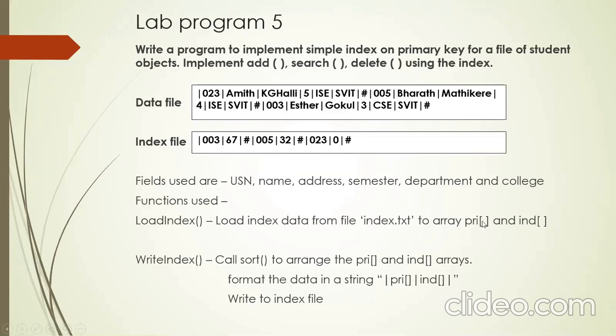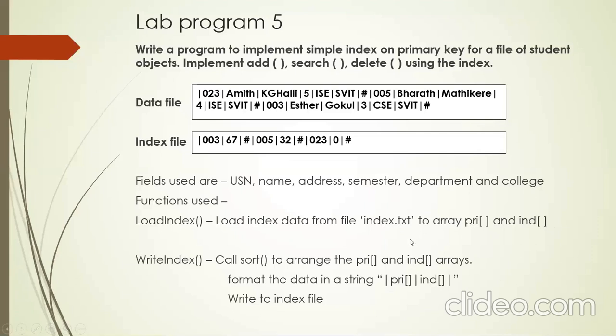This means if I access the primary key, and I find out that 005 is the record I want, that is PRI of 1, then directly I access IND of 1. What is the displacement at the same index? If PRI 1 matches, it is the IND 1 value which I want to retrieve. So correspondingly, the values are present in this displacement array. Fine. So that is the load index function. So first in the main function I call load index, and the contents of the index file are added to these arrays,